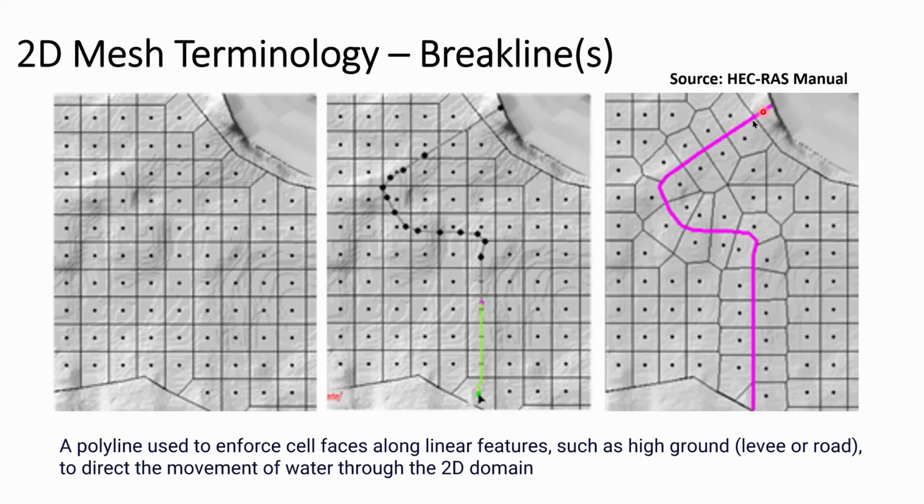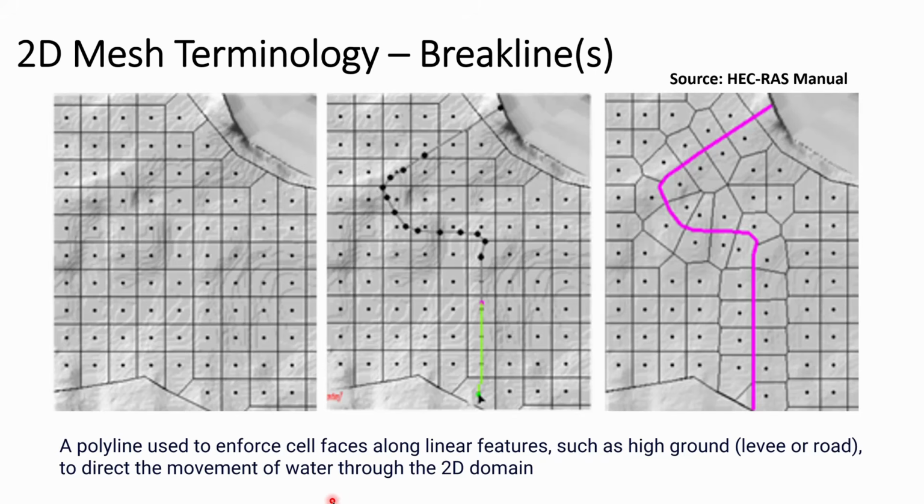And as soon as you introduce the breakline, you can see the mesh structure has changed. So when we create a 2D HEC-RAS model, we are going to use breaklines in certain cases. If you want to define what a breakline is, it is basically a polyline that we can use to enforce cell faces along linear features, and these linear features can be a road, a levee, or any high ground, or any kind of structure that has different elevation compared to the terrain that we are going to use to